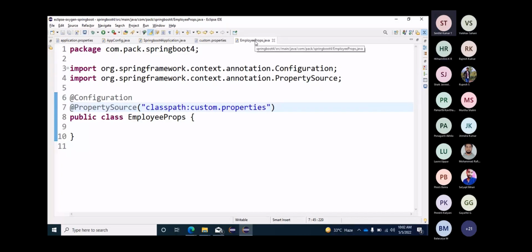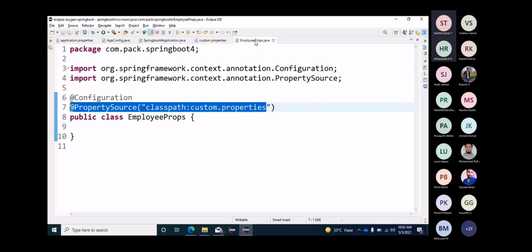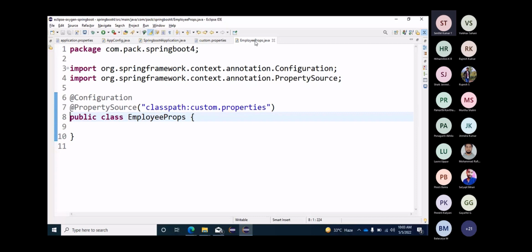Okay, the first file is done. What is the second file? Custom1.properties. My custom1.properties is present in the C drive, so can I give classpath? No, I can't. So now type the next one. Property source